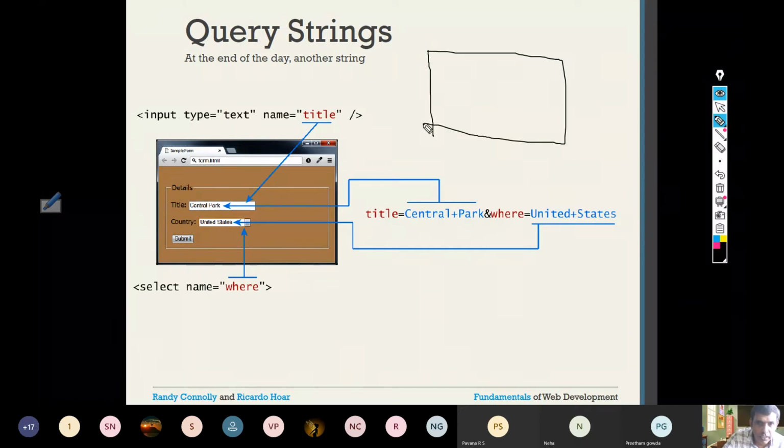So the window that you see here is the URL window, the window where you enter the URL like vtu.ac.in or facebook.com, whatever you enter. That is the URL window.